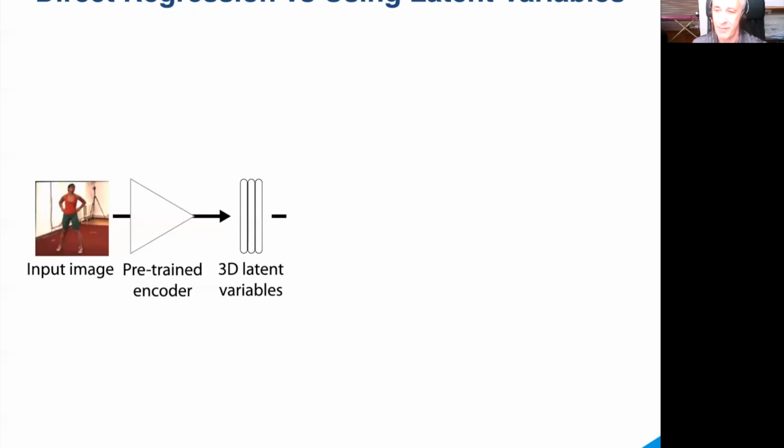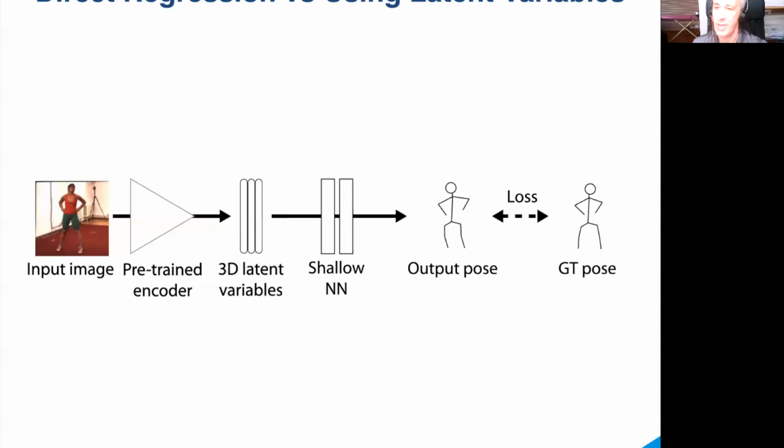In short, given a set of multi-view images, we can train in a completely unsupervised fashion a decoder that produces low-dimensional representations of the poses. We then only need a shallow network to convert this representation into 3D pose, and this shallow network requires far less annotated data than a traditional deep one.